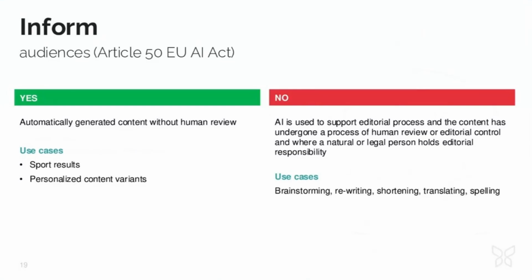Take, for example, when you use AI to create a new article, or to correct spelling mistakes, or to help in your SEO optimization. If AI is, however, used as a bot for automatically producing content without review, the content must be marked accordingly. It's important that you internally discuss and align your standards in this matter and when to disclose that it is AI generated and update your readers accordingly.